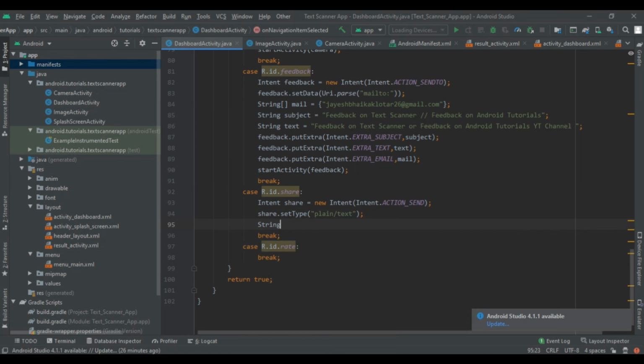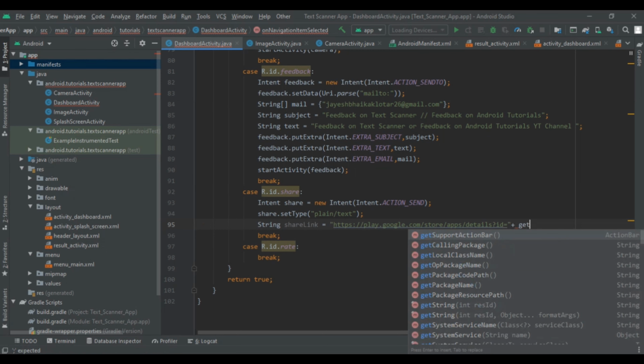and then here we are going to create the string for our application link. So share, it will be share link, and then write https://play.google.com/store/apps/details, then write question mark, and then give id is equal to, this is the default URI, and then give get application context.